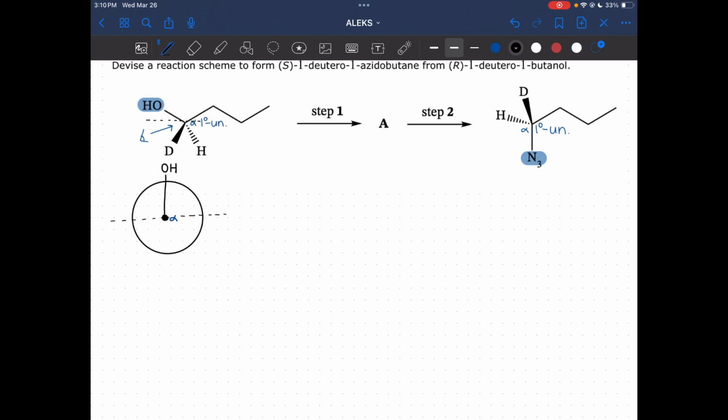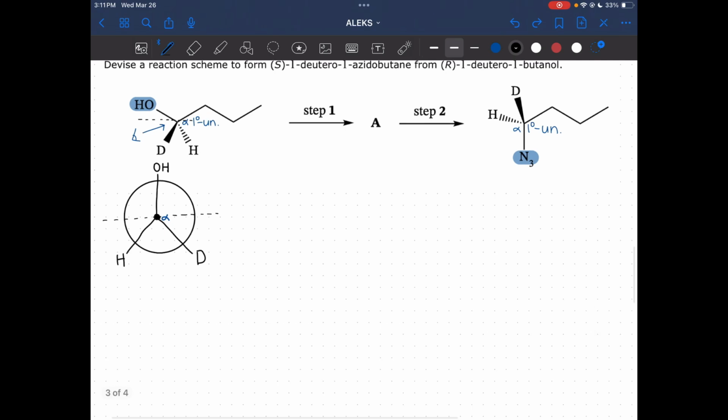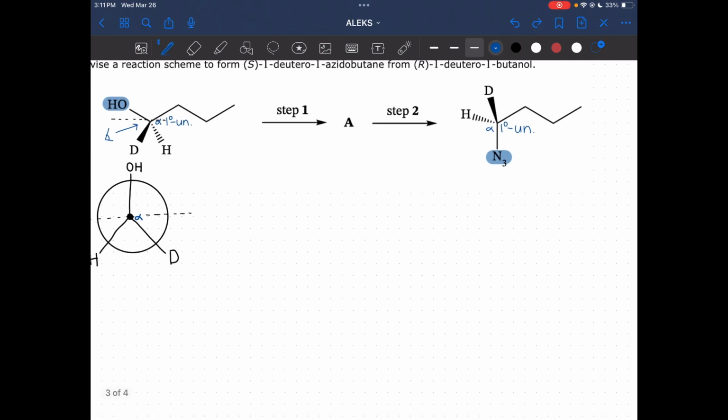So again, this is just using what we know before about Newman projections. You don't need to do this, but it could help you see what's going on. I'm going to draw the deuterium facing to the right, and my H is going to be on the left in that dash side. So now I want to get this so the OH and the N3 are in the same exact spot. So if I draw out my Newman projection for this product, looking down the exact same way as before,